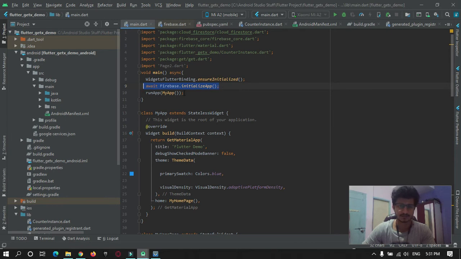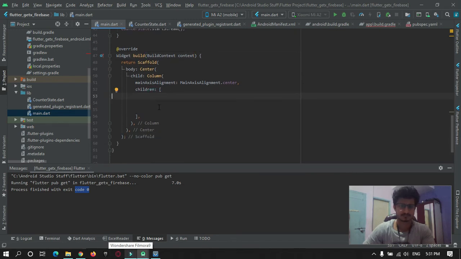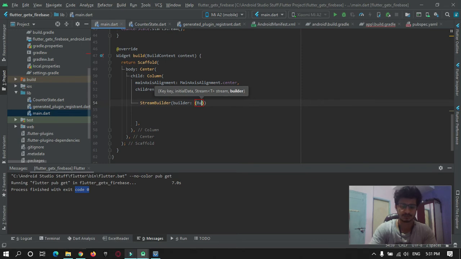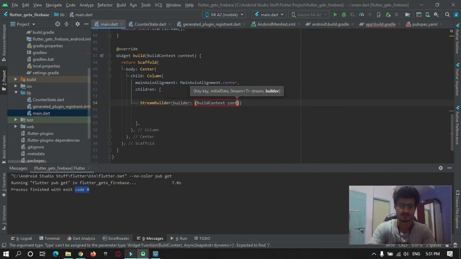For that, here StreamBuilder, BuildContext, AsyncSnapshot of type dynamic, and the variable to hold it.